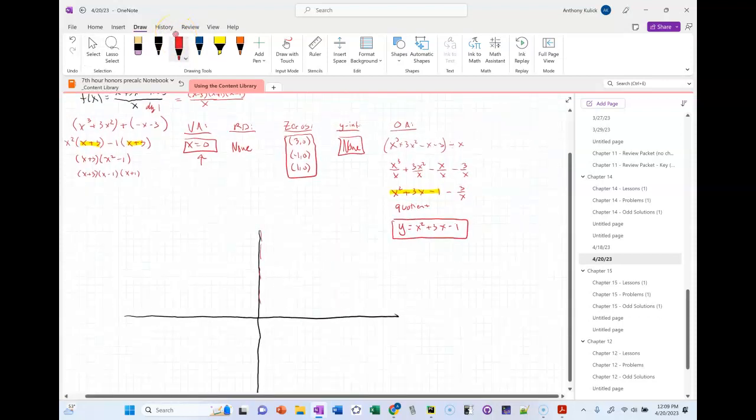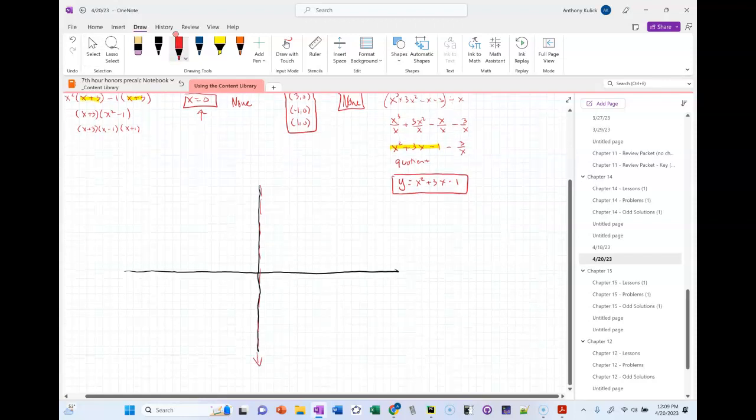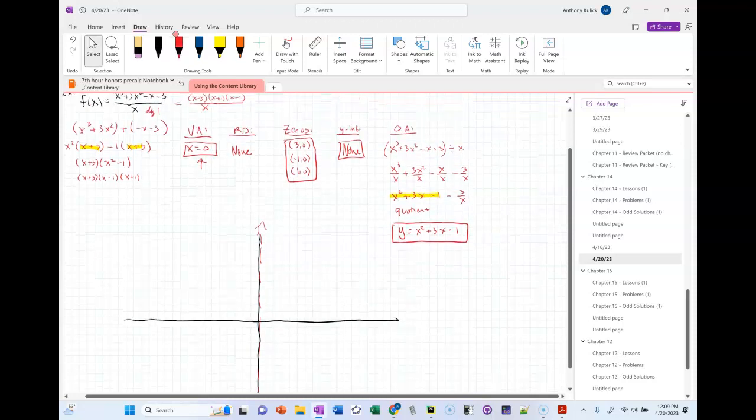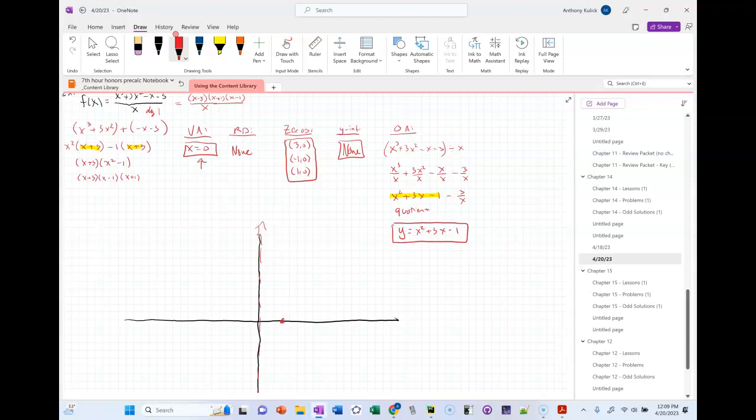So I'll draw in my asymptotes. So there's my vertical asymptote at x equals 0. 1, 2, 3, 1, -1. Okay. And then I need to graph my